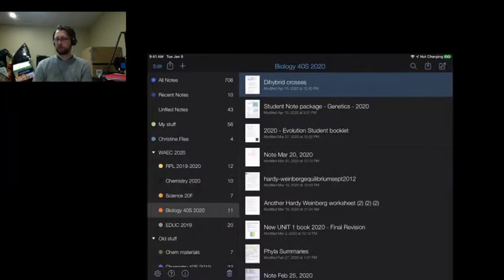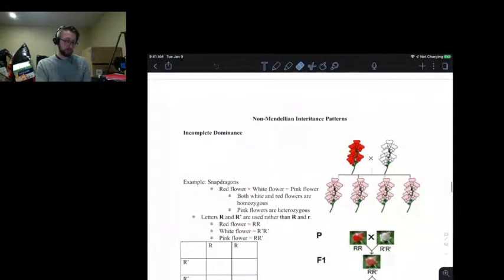Okay, so let's go back to our package, and we have non-Mendelian inheritance patterns to cover. So this is where things get more exciting, and for the majority of the remainder of this unit, it's all about exciting different new patterns and what those might mean. So the first one we're going to cover is called incomplete dominance. And so this is a pattern where the dominant allele,